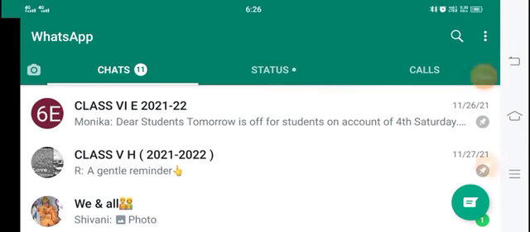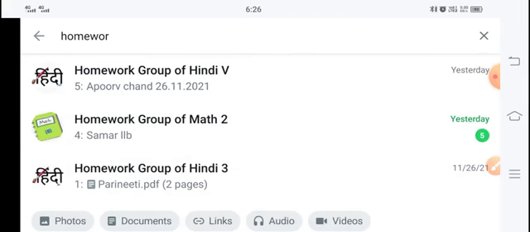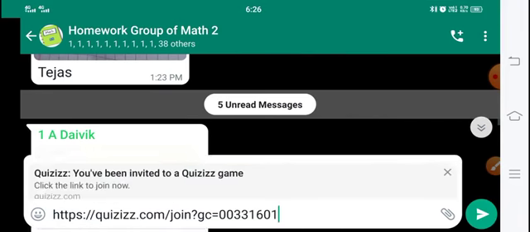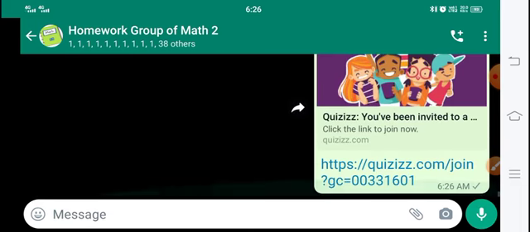Like I'm going to my WhatsApp, and I'm going to my homework group. Search, this is my math homework group. Then I'm going to click on it. Just simply you can paste it here and click on the send button. You can see students will get it. They can do it in 4 days or the time limit you have given them, just simply. And this is very interesting.